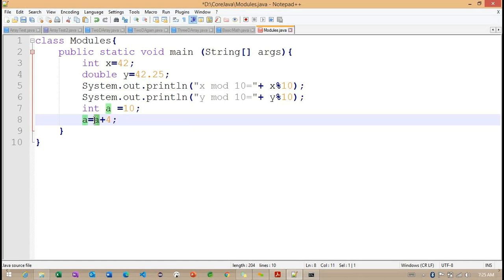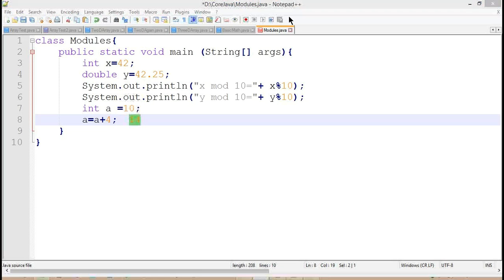Here the value a is 10, and we add 4, so the total value we are getting is 14. Again we store it into the same variable called a.